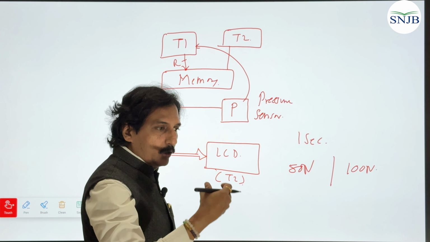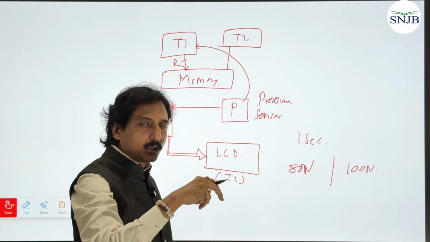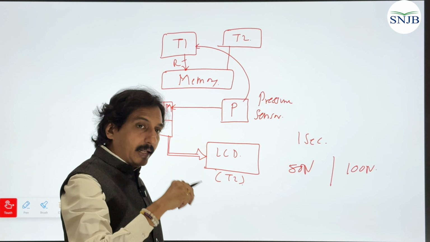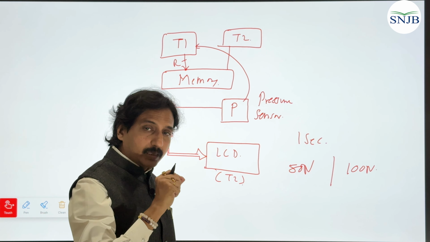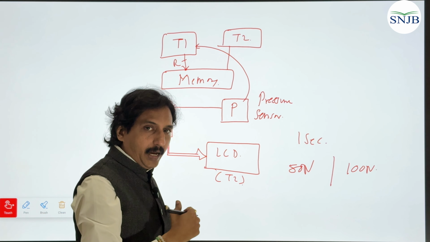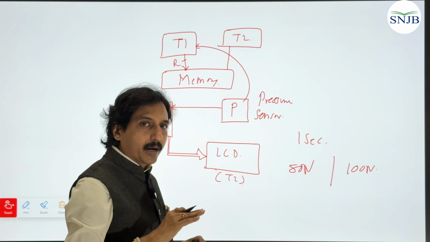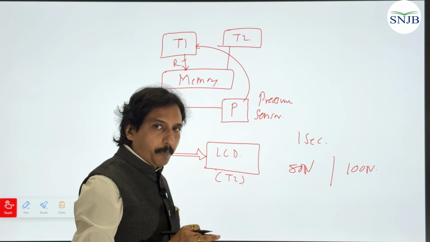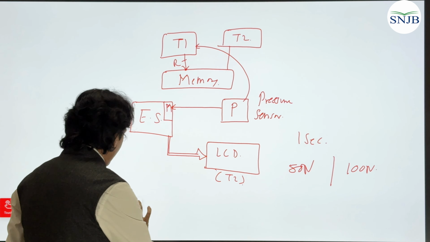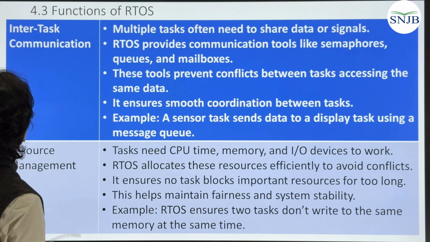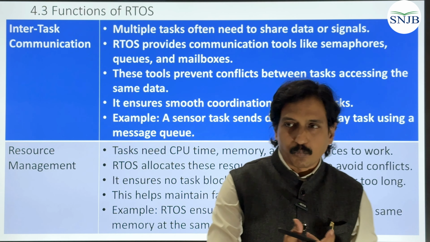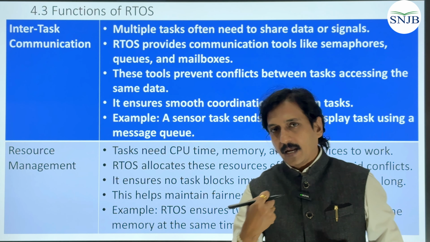So the pressure sensor's task is going to write down the content of the pressure and then release that semaphore, release that resource, so that the resource can be taken by the LCD task, and then it can read the proper contents. Those are reflected on its display. So this is about inter-task communication. This way you can say that inter-task communication is possible between the sensor task and the